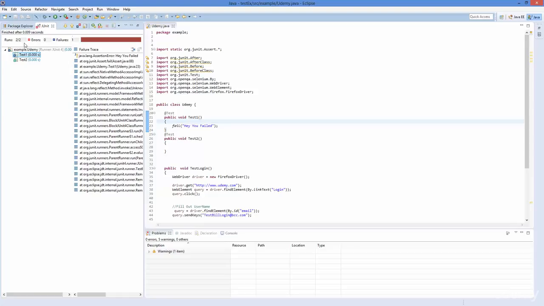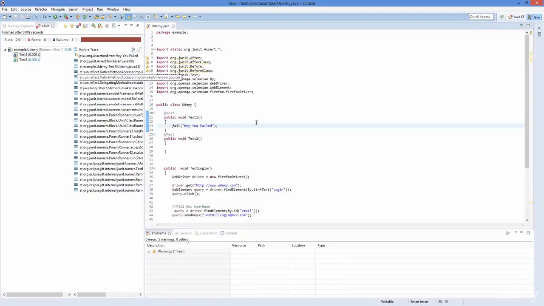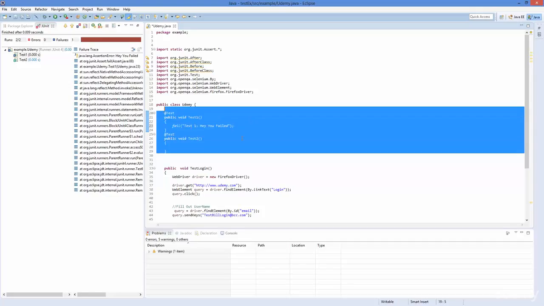So we have 2 out of 2 ran, 1 failed. We know that this assertion was, hey, you failed. Actually, what I would rather do is give more information and say test1, hey, you failed,